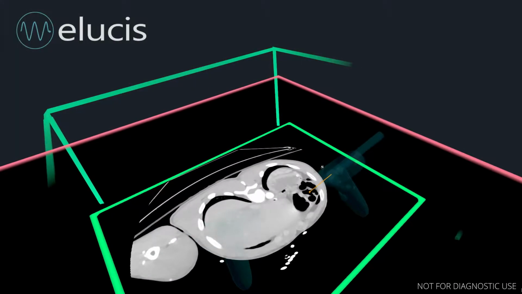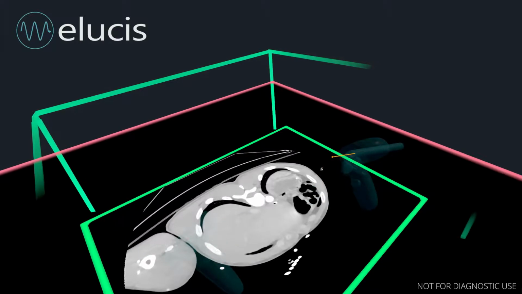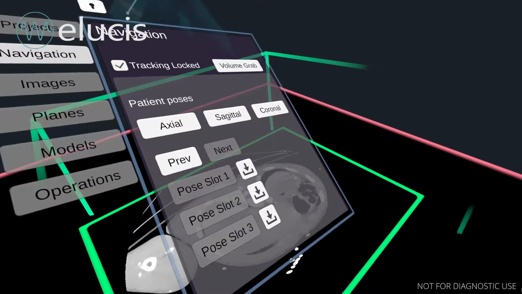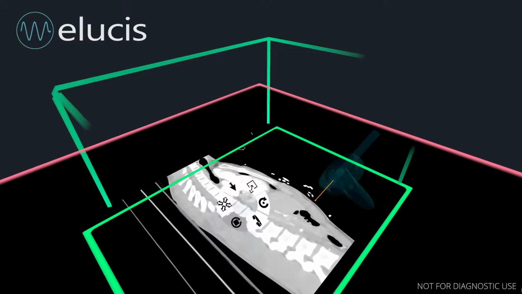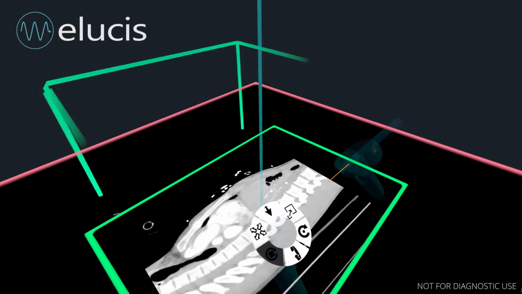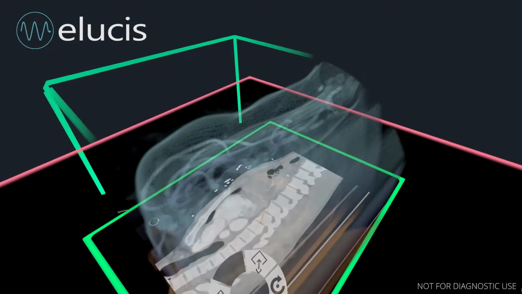It's been about a decade since I first learned anatomy, so I figured I would reacquaint myself with the anatomy of the spine. First thing I'll do is go to sagittal orientation, and maybe I'll just rotate it to get a bit better view of things from this direction. So here, this is the spinal column,